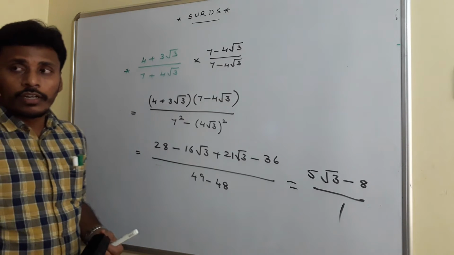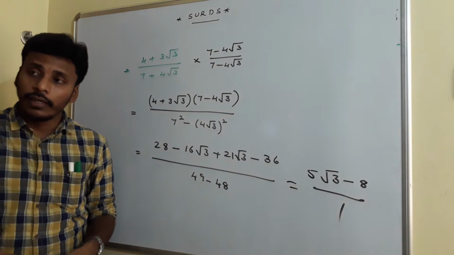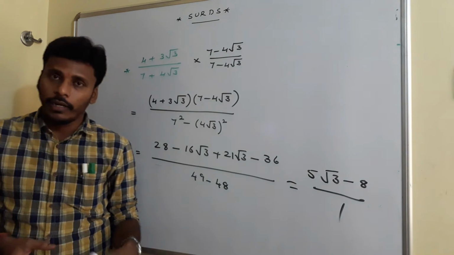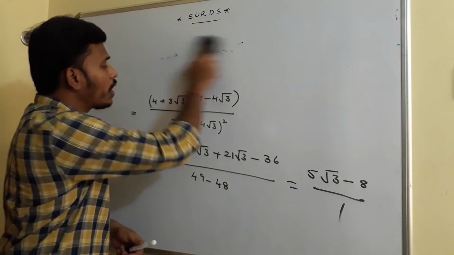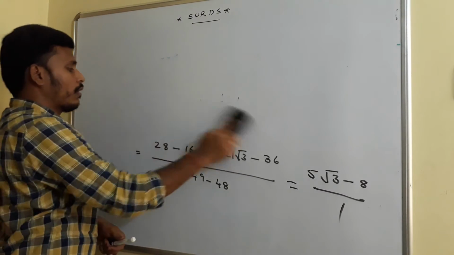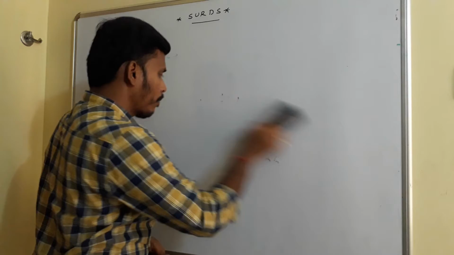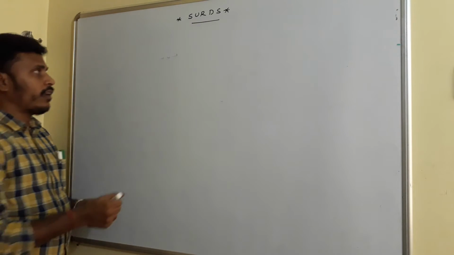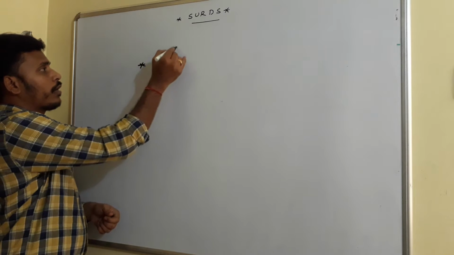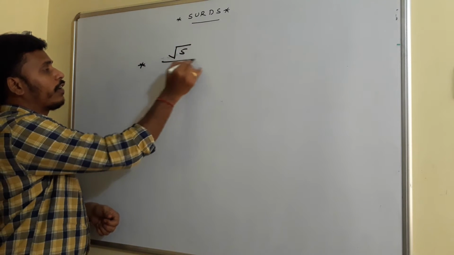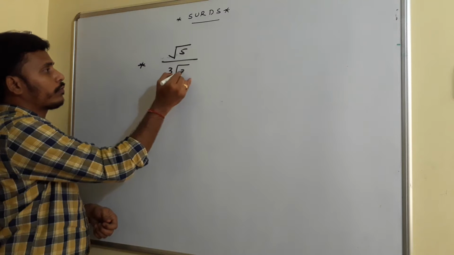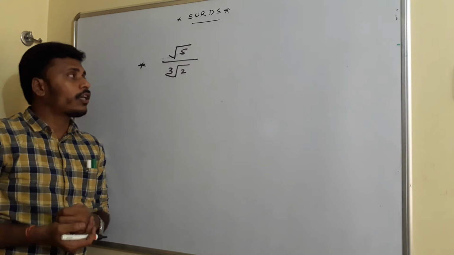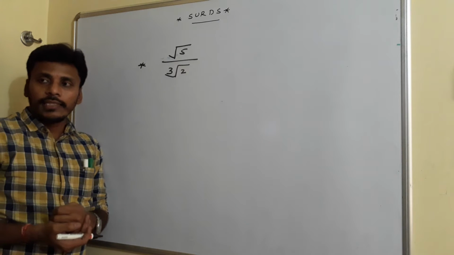See, we did certain problems related to rationalizing the denominator if we have second order surds in the denominator. For example, you may have third order things also in the denominator. If the problem is like this, rationalize the denominator for the problems of the type square root of 5 divided by cube root of 2. This is the problem I have in my hands. Root 5 by cube root 2. See, you need to rationalize the denominator.